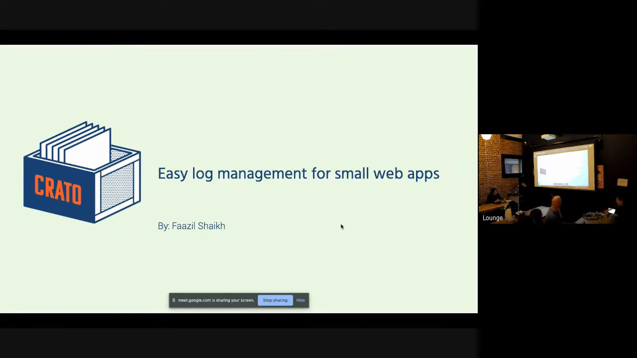Cool. Hi, everybody. My name is Faazil Shaikh, and today I'm going to talk about centralized log management and Crato, a project that I built with two